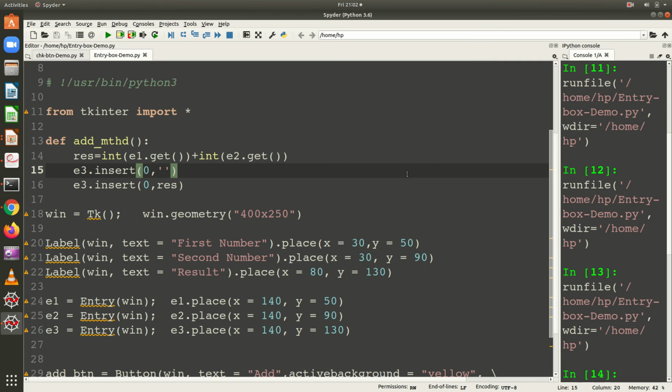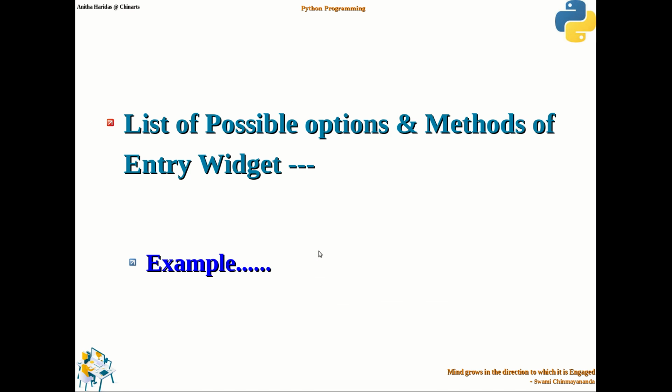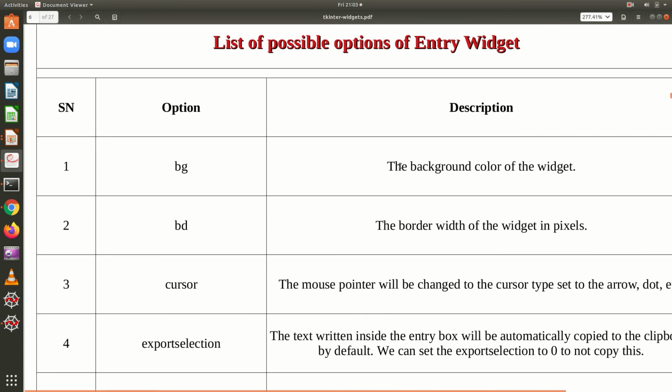Okay. So if you want to reset the value, now let us go and observe what are the different methods and options available for the entry widget, and then let us go and clear the value. Okay. So these are the possible options of the entry widget.